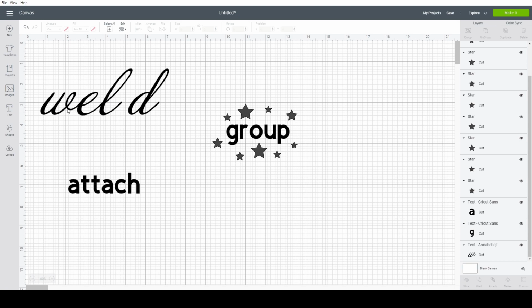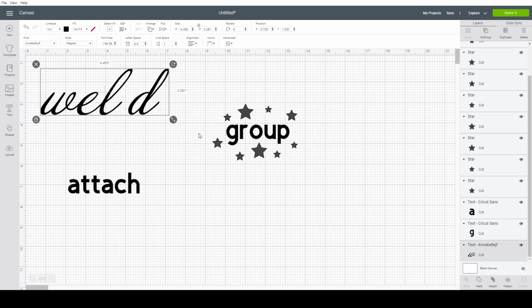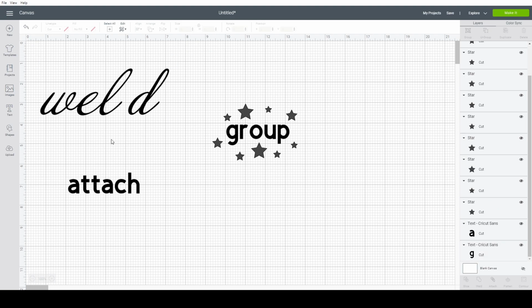So it would cut out the W separate from the E, so there would be a little cut here and a little cut here. So they would still be 3 separate shapes instead of 1. So that's where we would click on this and hit weld. And now we know that this part is all one shape and there's not going to be those little cuts